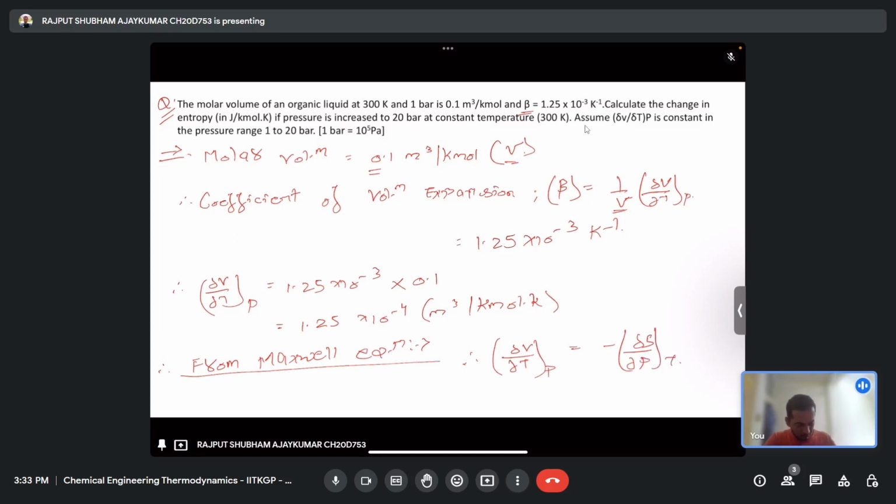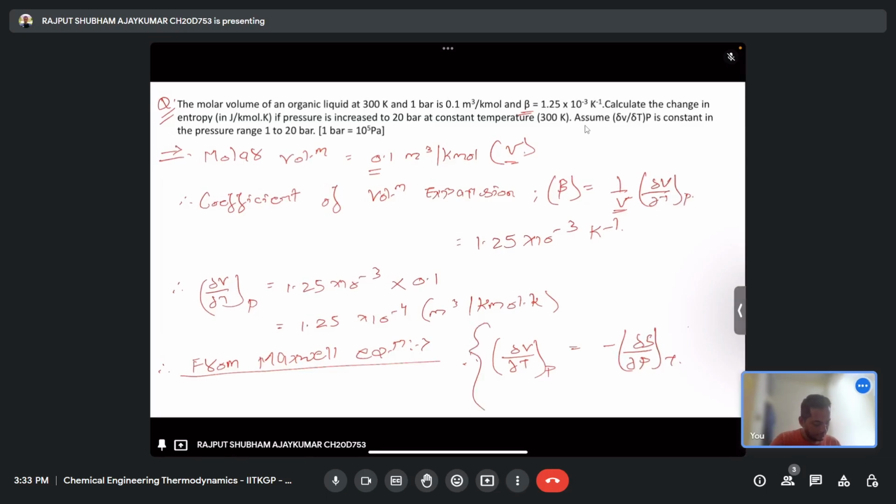Okay, so this is from the Maxwell relationship that I mentioned up here. And I've shown this in the thermodynamic network, because I know the value of del V by del T at constant P from the volumetric expansion, and I can relate it directly to the change in the entropy del S. So what I will do is that